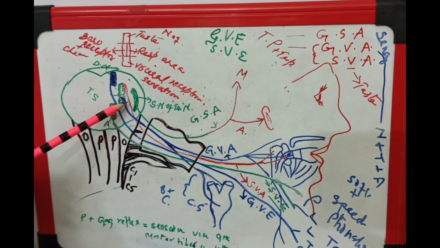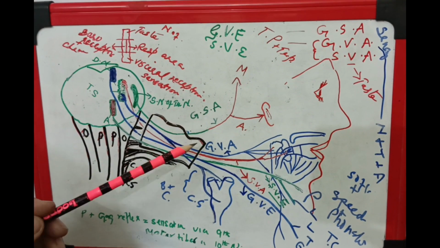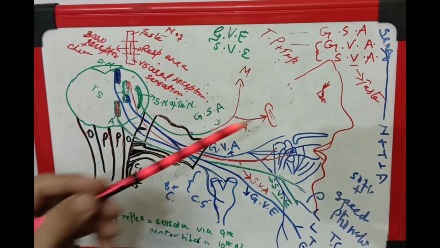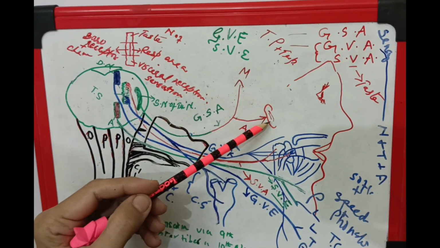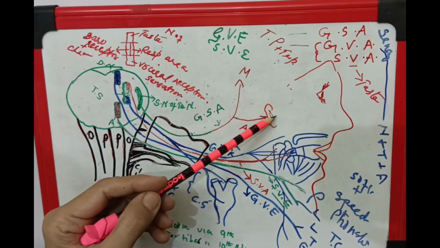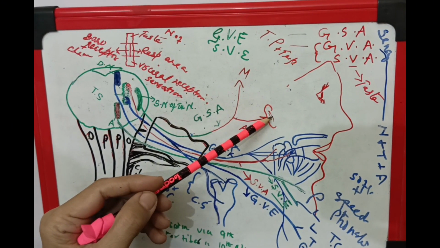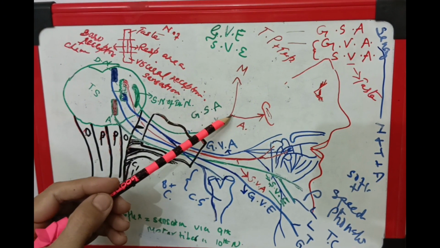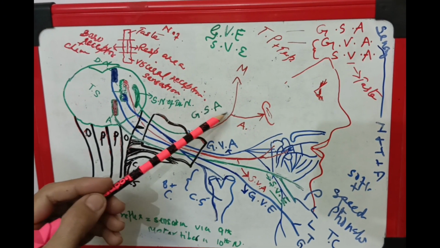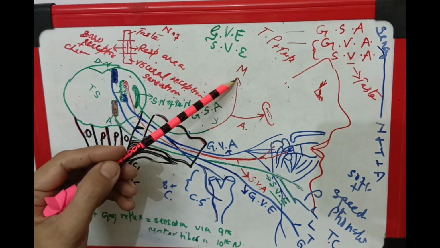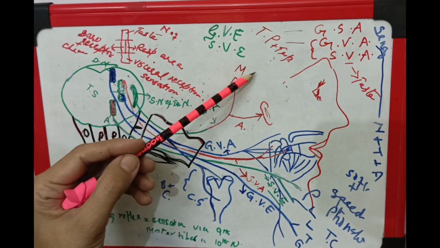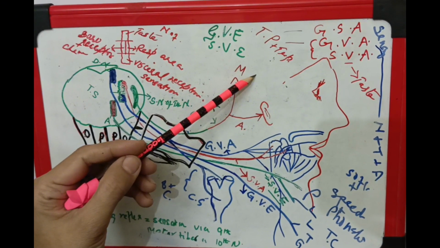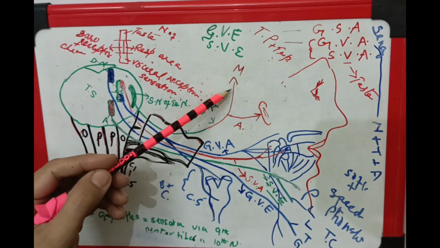Now we have learned the various components. Now let's have a revision along with the branches. So see, this is the auricle along with the external auditory meatus and the tympanic membrane. From here, the auricular nerve, which is a branch of vagus, is taking sensations, and the meningeal branch that is going to supply, or taking, I would say, sensory innervation to the dura mater of posterior cranial fossa,